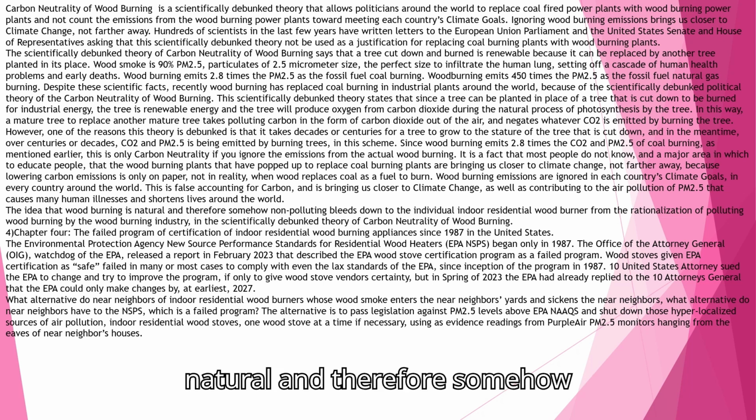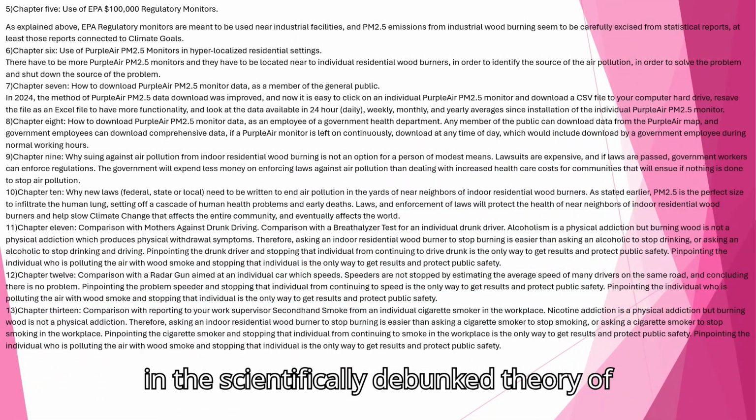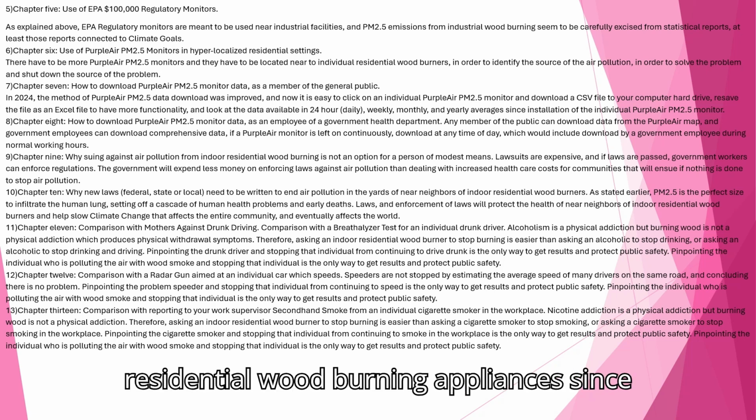The idea that wood burning is natural and therefore somehow non-polluting bleeds down to the individual indoor residential wood burner from the rationalization of polluting wood burning by the wood burning industry, in the scientifically debunked theory of carbon neutrality of wood burning. Chapter 4: the failed program of certification of indoor residential wood burning appliances since 1987 in